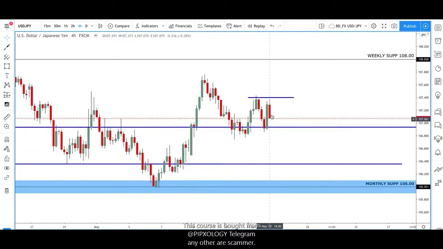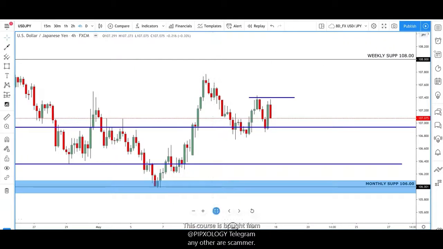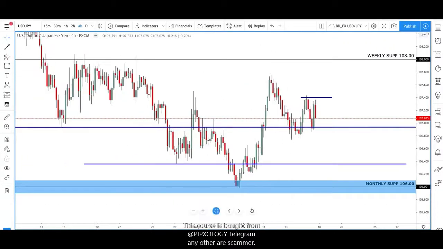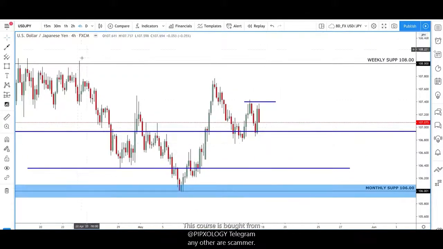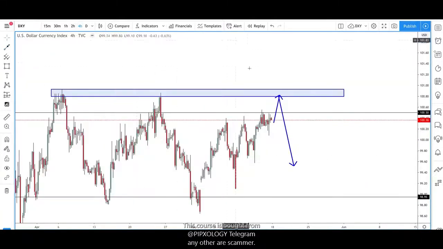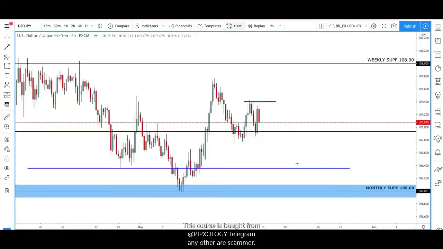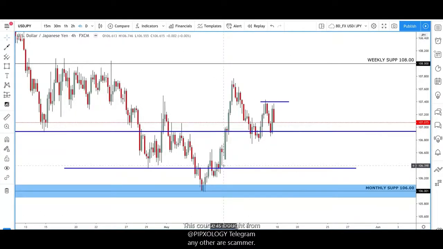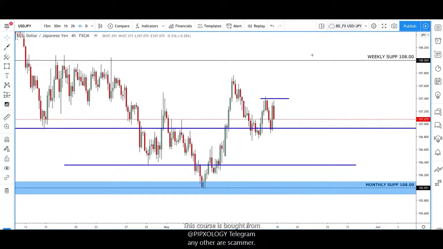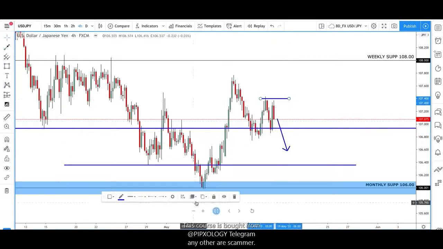Remember, the last candle of the day on a Friday, I don't take into consideration too much, but I do see USD JPY potentially coming back down into these levels at the moment. We have to see how the US dollar opens up at the start of the week. Obviously, we're expecting some strength, but it all depends on the Japanese yen as well. Japanese yen has been pushing down GJ and Aussie dollar Japanese yen, so we can expect maybe a little bit of a pushback down. But what I'm expecting on USD JPY is to push back down in these regions and take out this low here.